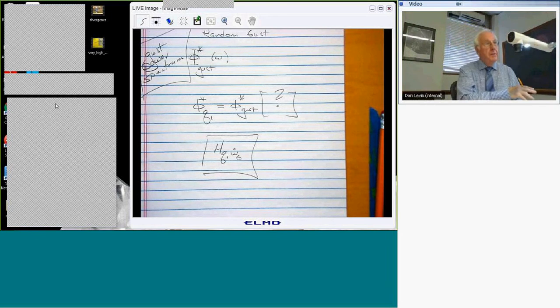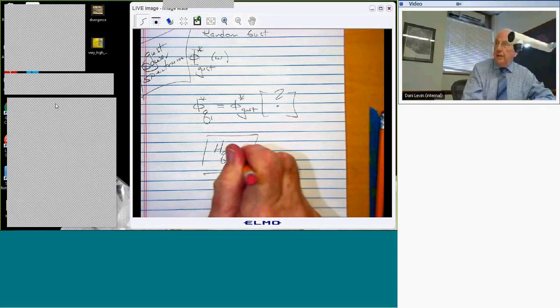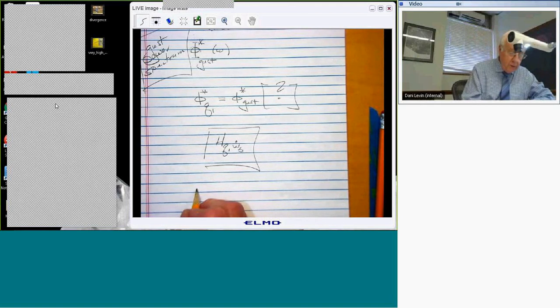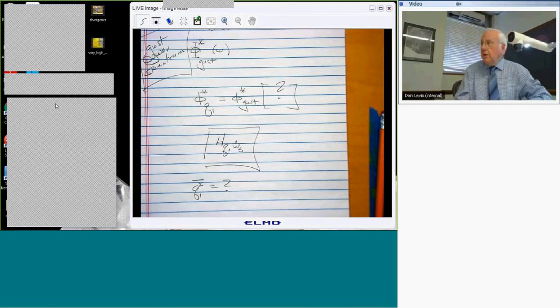And once you have that, how are you going to find the mean square of Q1, which is equivalent to finding the mean square of the deflection? What are you going to do with this power spectrum? Well, I'm going to integrate it over all frequency. Okay? And when you try to do that, you may run into some difficulty. But I will not reveal the difficulty just yet. We'll save that for later.